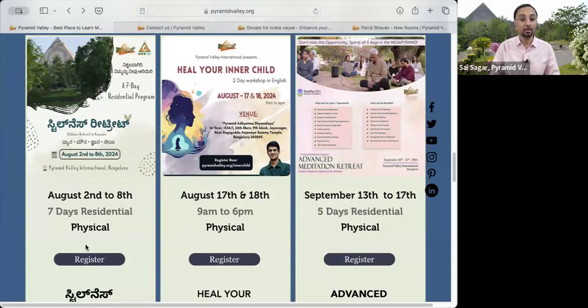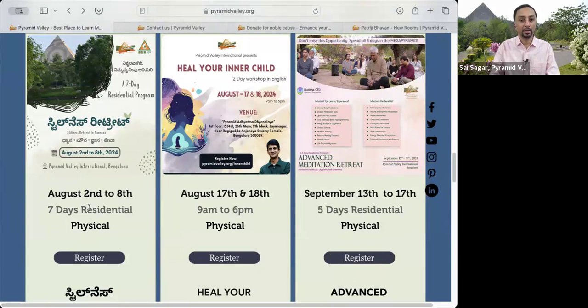So August 2nd to 8th, we have the next stillness retreat in Kannada. So it's a 7-day residential silent retreat without devices, but all the instructions and courses are going to be in Kannada. I just did an English stillness retreat in June, a month ago. I know several of you are attending the sessions as well. And I'm going to do probably a shorter version of the English stillness retreat in the last week of August, probably. We're just waiting for certain dates to be freed up at that time.